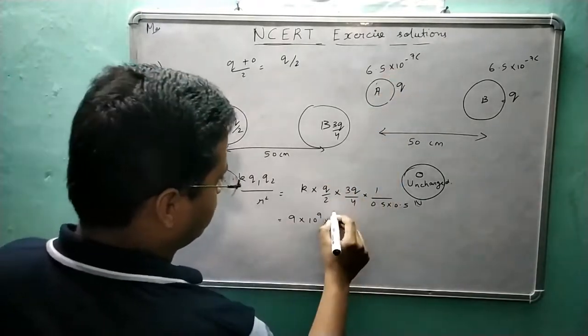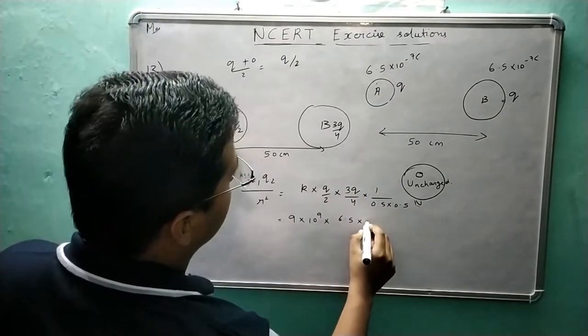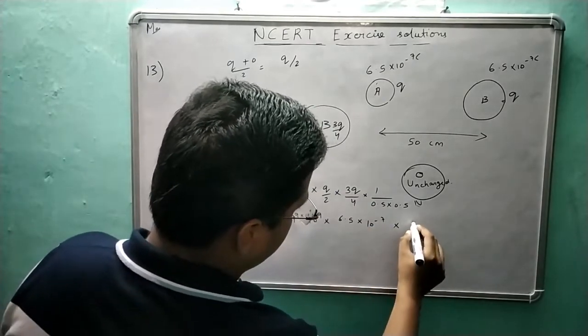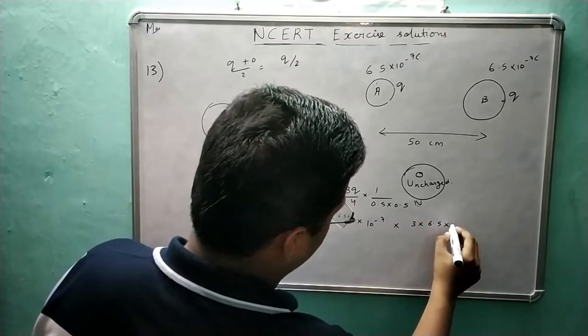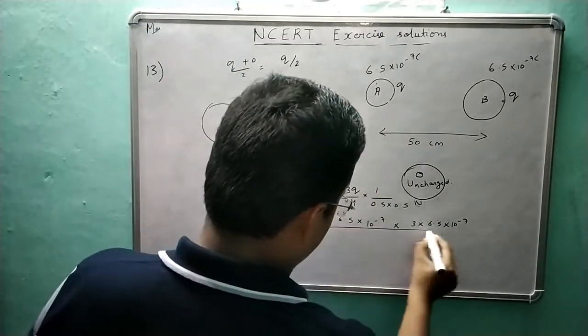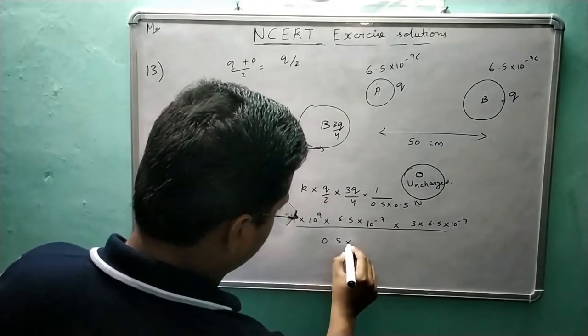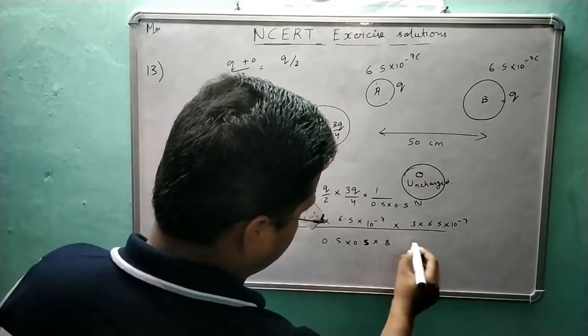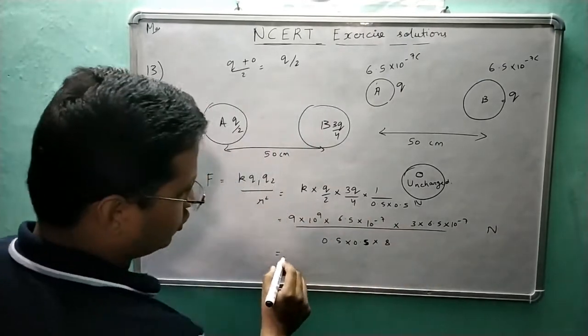Q is this much. So 6.5 into 10 to the power minus 7 into 3 into 6.5 into 10 to the power minus 7. I am just putting the value of Q, whole divided by 0.5 into 0.5 into 2 into 4 is 8. So we are going to get